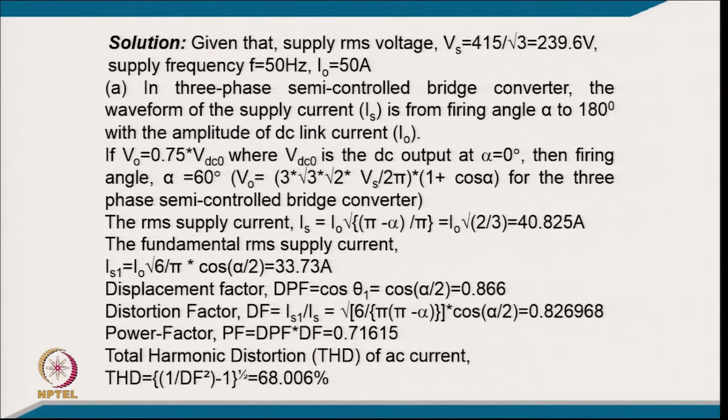And putting the value of this semi converter, you will get an RMS current corresponding to this of 40.825 ampere and I_S1 equal to this. Putting the formula value, it comes 30.73, and displacement factor comes cos theta 1, that is cos alpha by 2, 0.866, and distortion factor I_S1 upon I_S, putting the value, 0.826968, and power factor, putting both the values of distortion factor and displacement factor, 0.71615, and total harmonic distortion, putting the value here, comes 68.006%. So, this is also much higher, compared to around 31% normally in case of your 3-phase fully